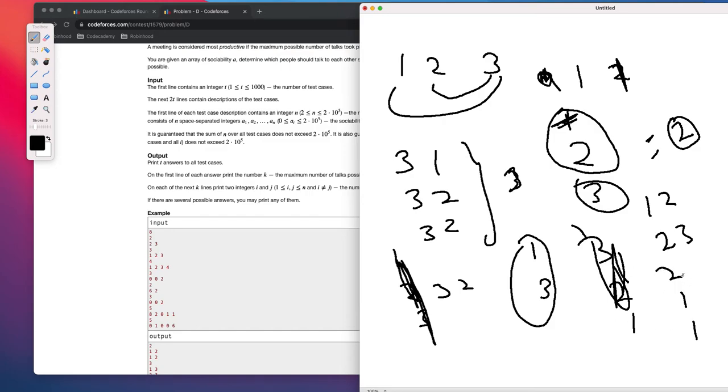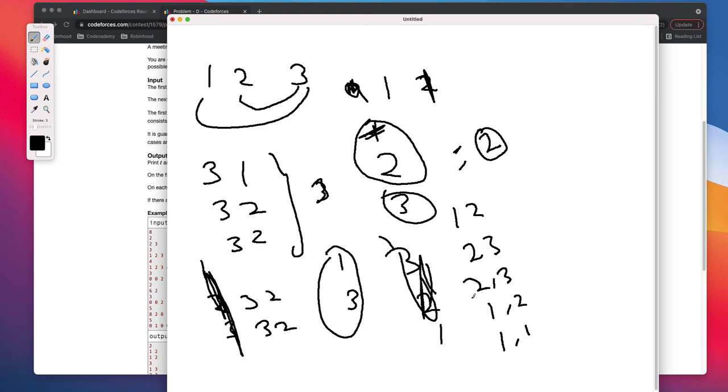Now I again fetch them. The answer would be 3 2, because this is the count of the third person, this is the count of the second person, this is the count of the one person. Now again this becomes 0, this becomes 0, oh sorry, this becomes 1. So now my priority queue looks like this, because the second person is 0. So now they can talk to each other. It's 3 comma 1, and I got the answer 3.